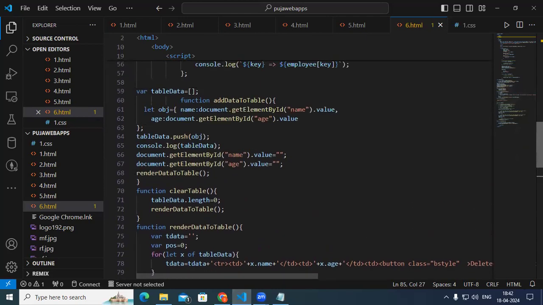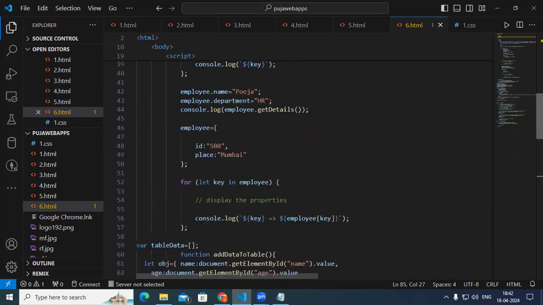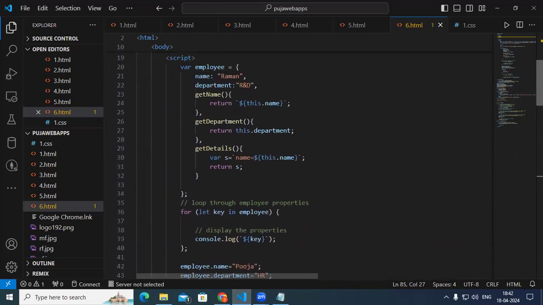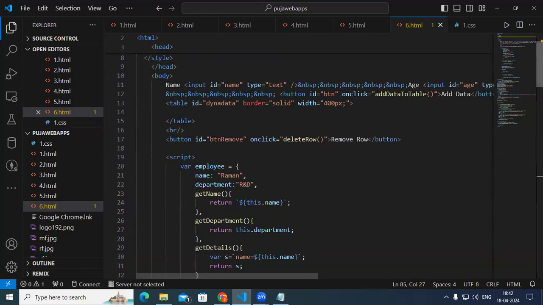So this is what I have called when you take the table. In the table, it is remove row, delete row only. On click, this is delete row. Button ID equal to btn remove. On click equal to delete row. So if you come to delete row,